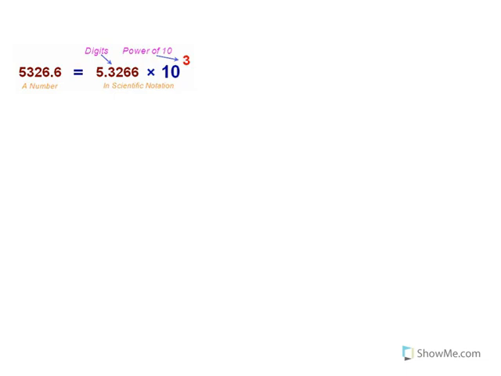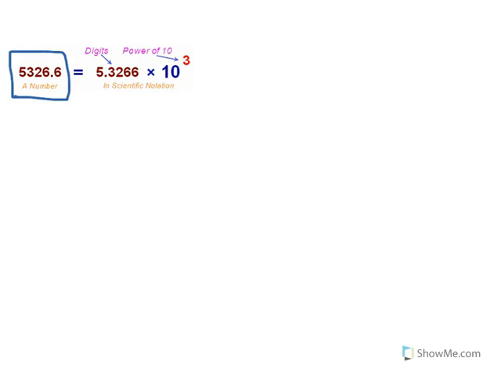Scientific notation is a way to represent very large or very small numbers easily. So this example here, you probably wouldn't need to use scientific notation for, but it's a good starting point. So when we have a number, we're going to rewrite that as a number that's between 1 point something and 9 point something and times some